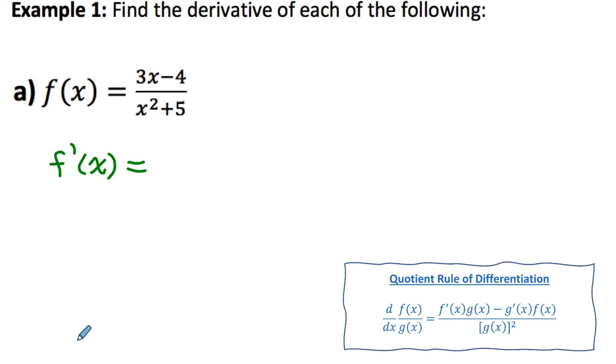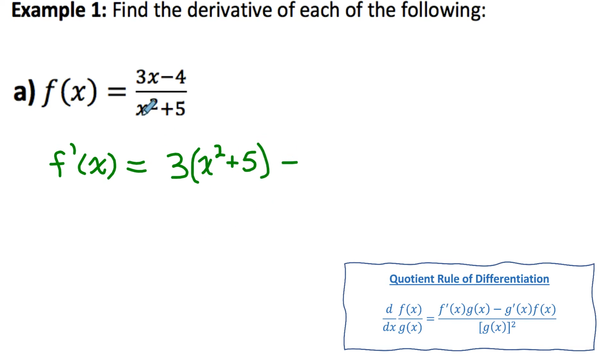Now when we find the derivative of f of x, if we follow the quotient rule, it tells us to do the derivative of the function in the numerator. So I'm just going to call that the derivative of the top. So the derivative of the top would just be 3. Multiply that by the bottom function, x squared plus 5,